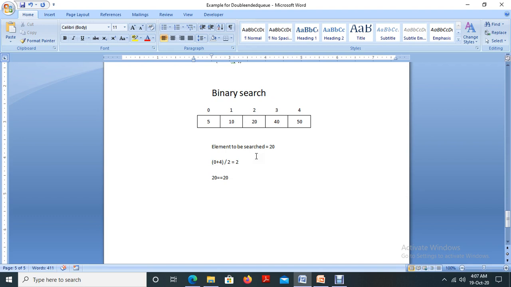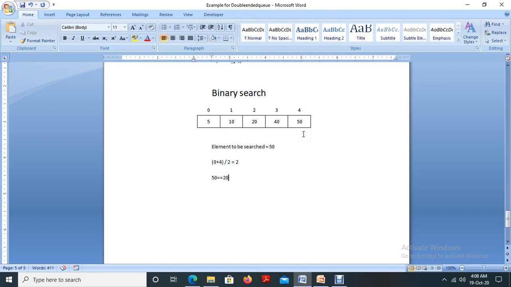If the element is not located at the second position, say the searched element is 50. So what is the procedure? First step is to find the middle element: 0 plus 4 divided by 2 is 2. Then we compare 50 with 20. 50 is not equal to 20.